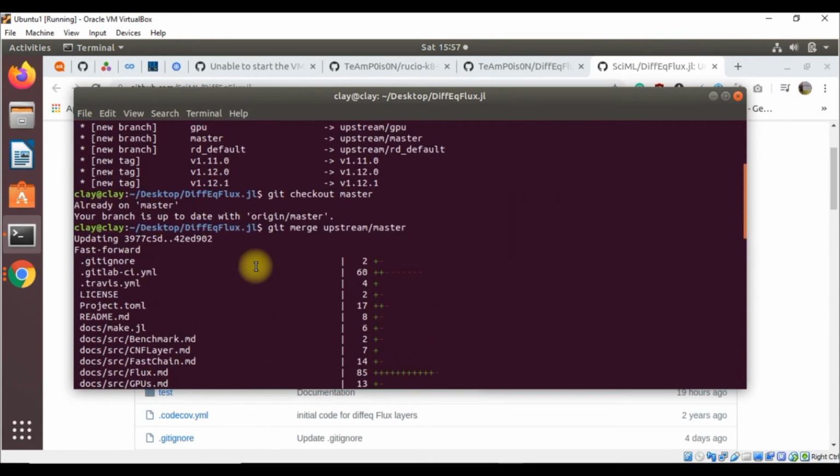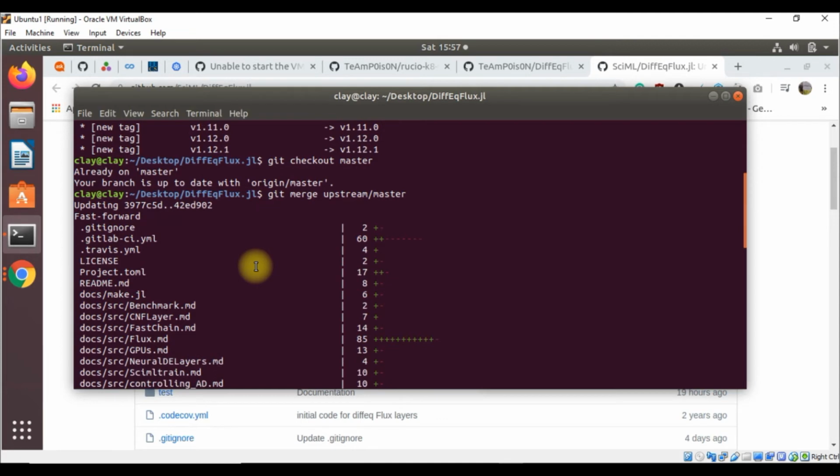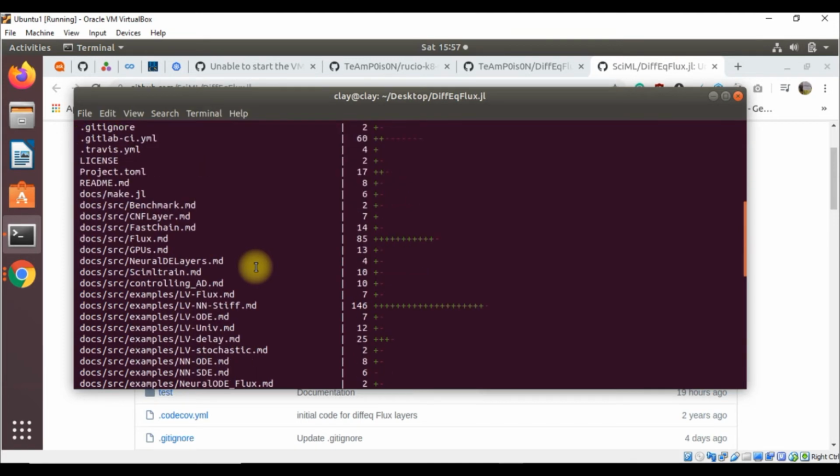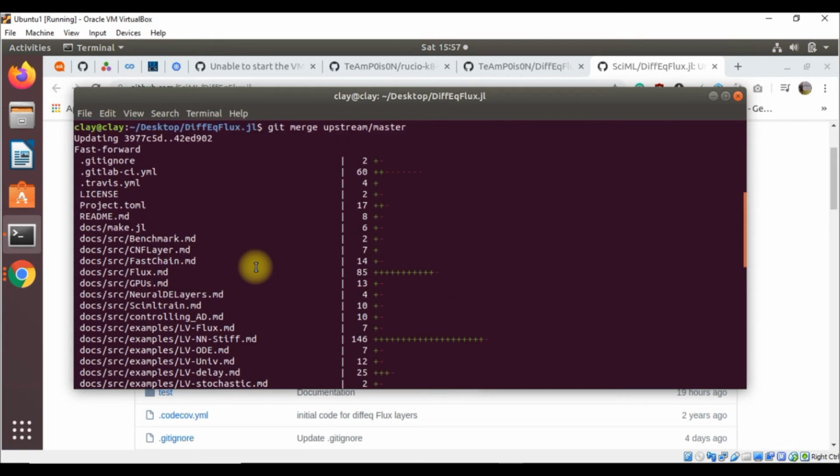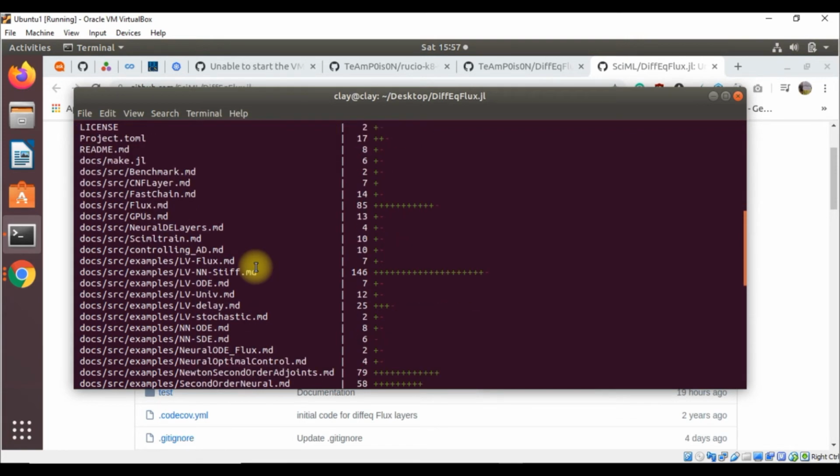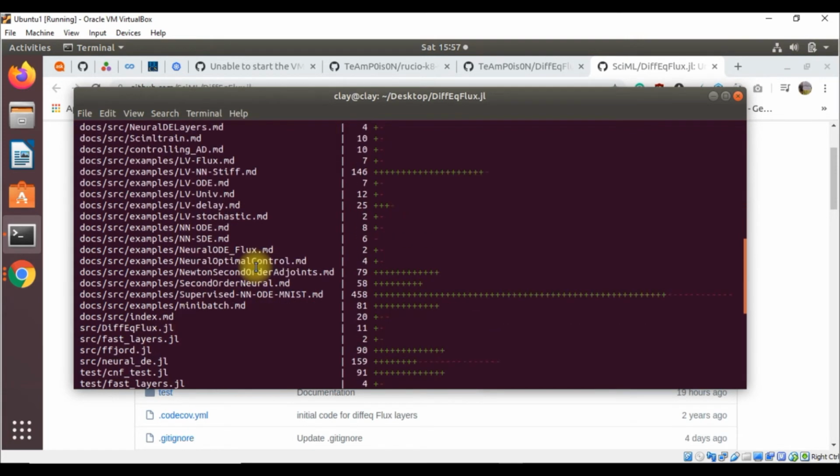So as you can see, we have merged the changes from upstream master into our local master branch. So this brings our fork's master branch into sync with the upstream repository without losing our local changes.